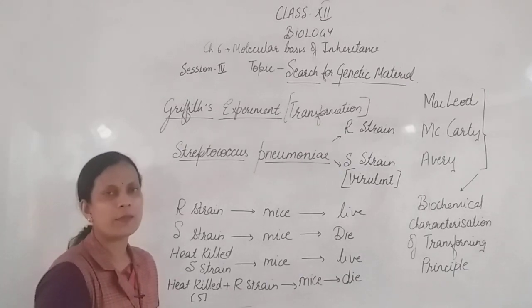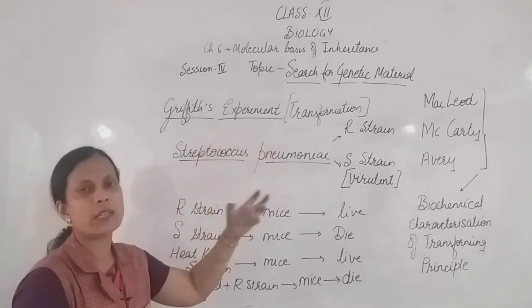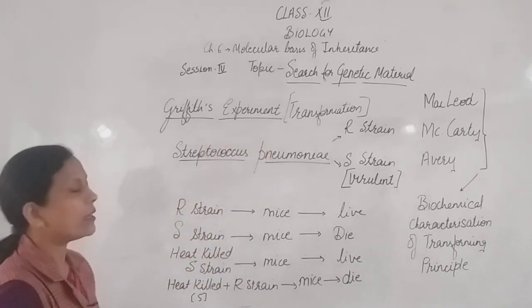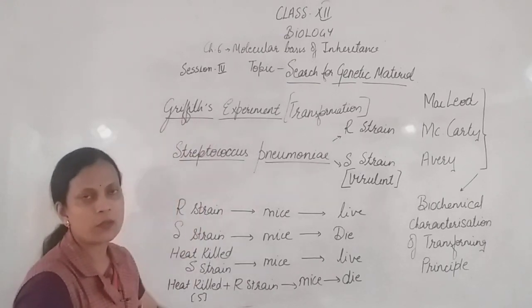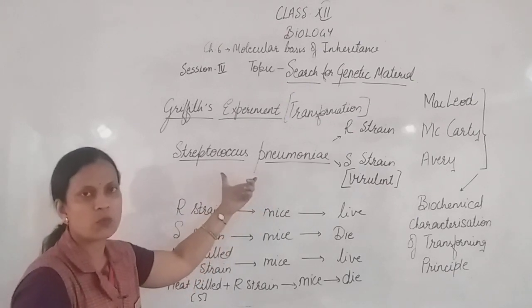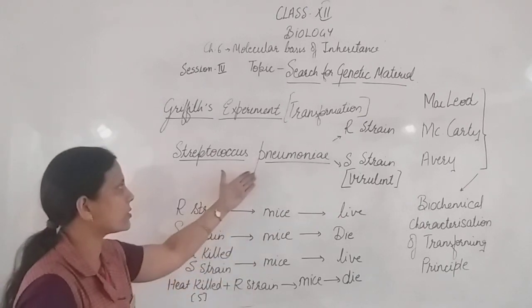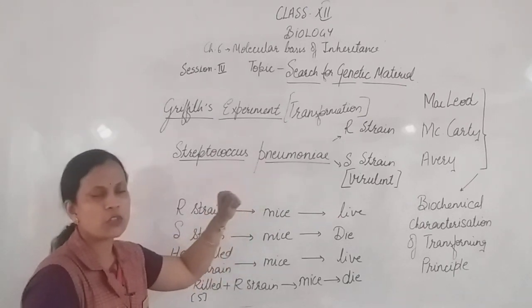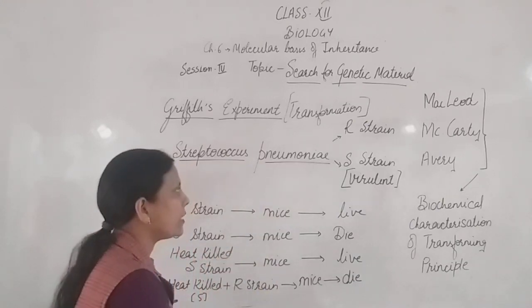Namaste students. Today is our fourth session in chapter 6, the search for genetic material. For a long time the search continued for what the genetic material is. Here the first experiment comes, of Frederick Griffith. While working on Streptococcus pneumoniae, a bacterium that causes pneumonia, a fatal disease, he was trying to prepare a vaccine. So he was working to find a vaccine for this bacterium, and accidentally he found that there are